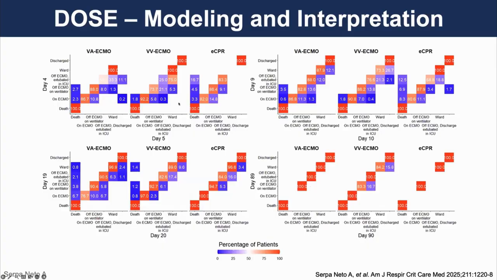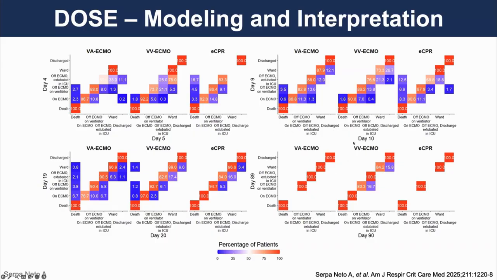This is just an example showing real-world data from our ECMO registry. You can see, for example, here using day 4 to day 5, that 2% of the patients on ECMO on day 4 died on day 5. 86.7% of patients on ECMO on day 4 remained on ECMO on day 5. 10.8% of the patients on ECMO on day 4 were off ECMO and on ventilator on day 5. So we basically estimated all probabilities in this matrix, and this is used in the model to estimate the daily